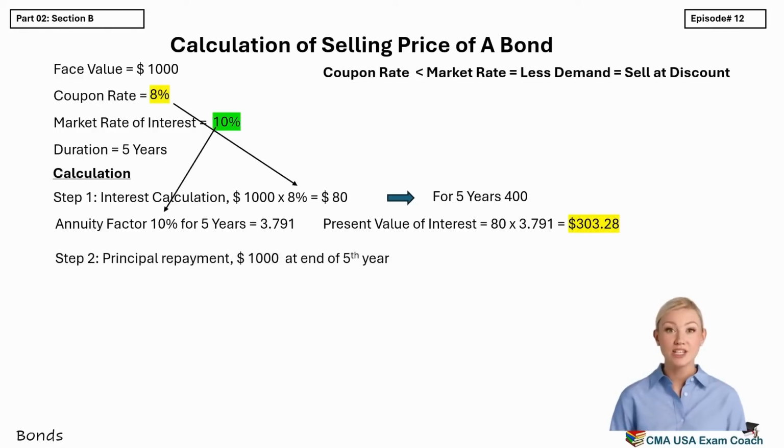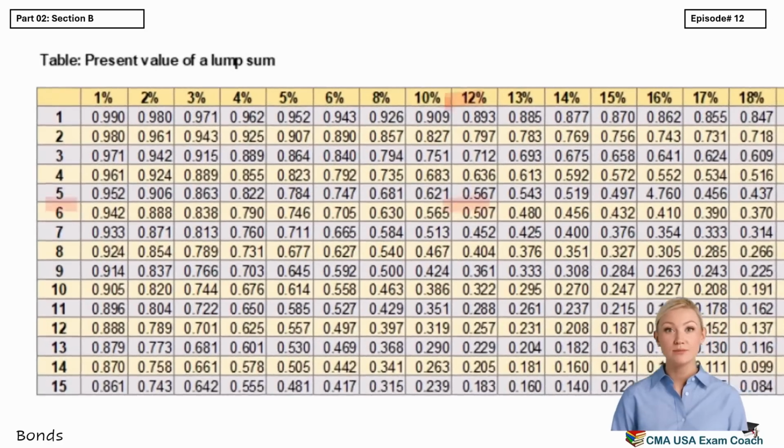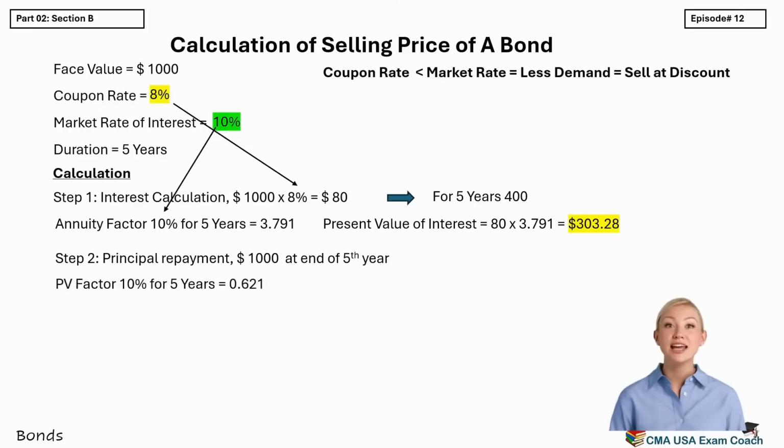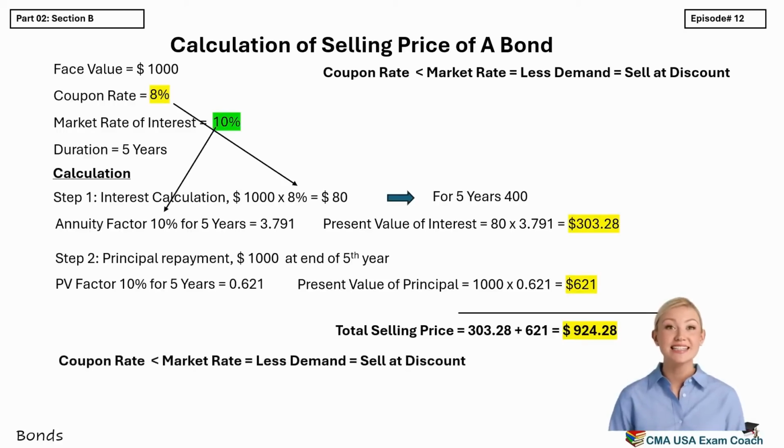This is a one-time cash inflow, so we'll use the present value of a lump sum factor for 5 years at 10%, which is 0.621. Multiplying 1,000 by 0.621 gives us $621, the present value of the principal repayment. Now let's add both the present value of the interest and the present value of the principal. 303.28 plus 621 equals $924.28. So the selling price of the bond in this case is $924, which is less than the face value